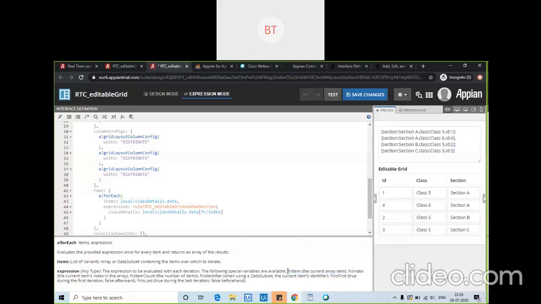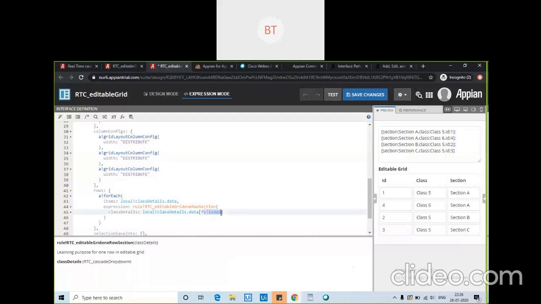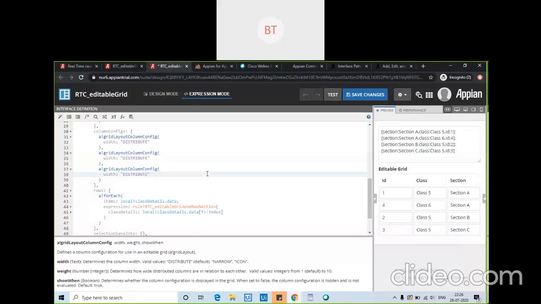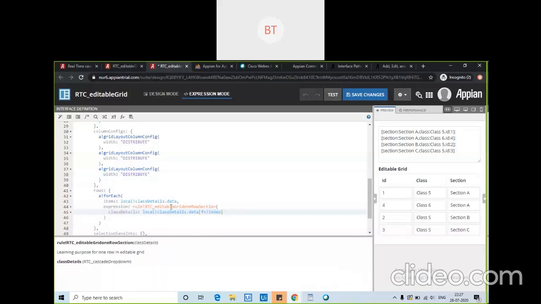So here, if we are giving every index, it will automatically calculate for each row when it tries to print. Suppose for row number 1, when it prints, first it will print the row. With this forEach it will print all 4 rows, 1, 2, 3, 4. Four rows have been printed. Now it will see what needs to be printed in the rows. Then it will come to this expression page, and there it will see that there's one interface and this is the input it needs.